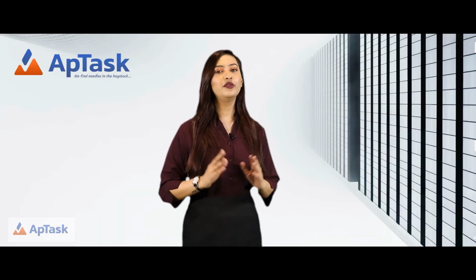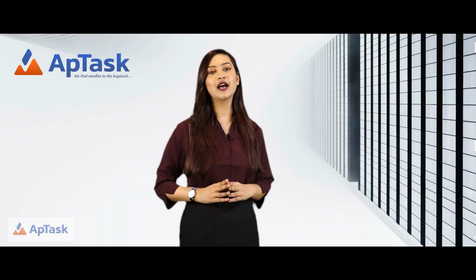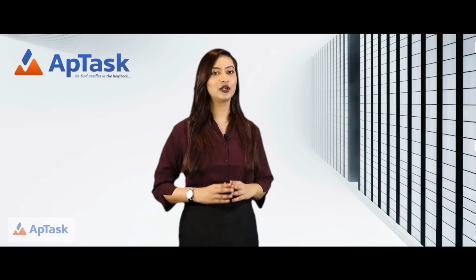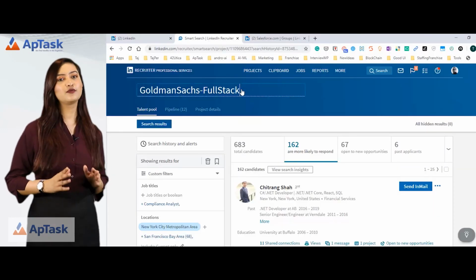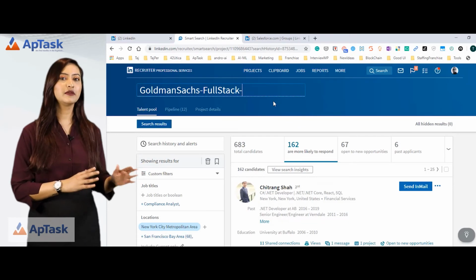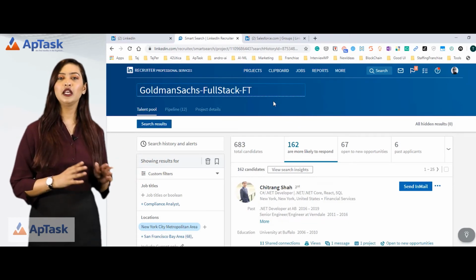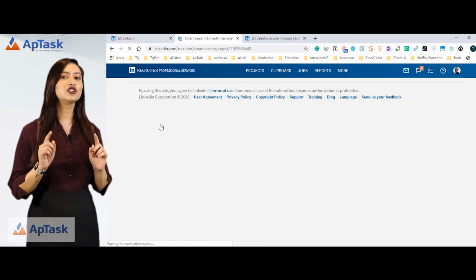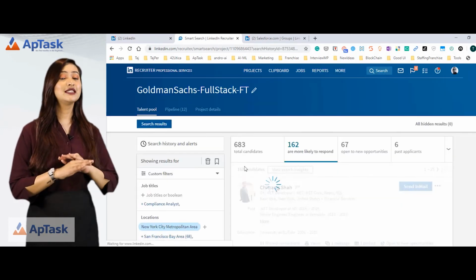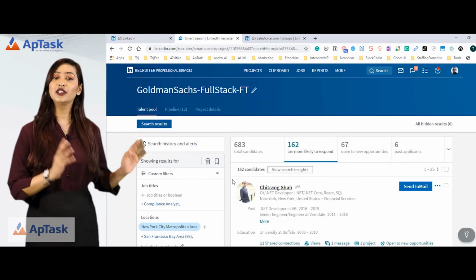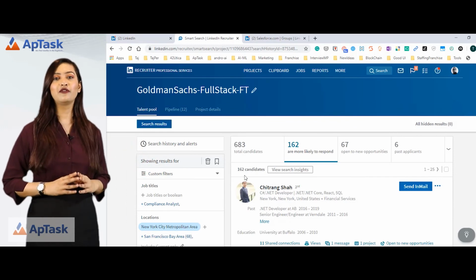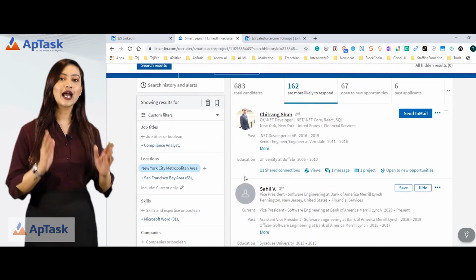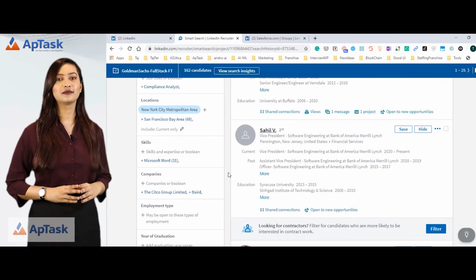Okay, let's say we want to save the search and we have set up the agent also. If you want to rename this project to something else because I had been doing FTE, I can do that and now I can click on search results and I should get exactly the 683 people I was getting before because I am using exactly the same search.